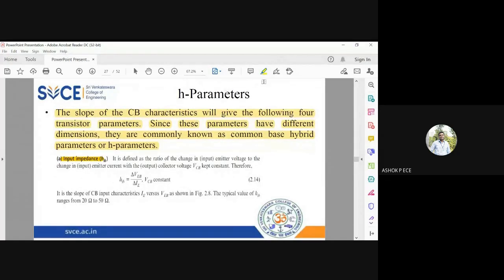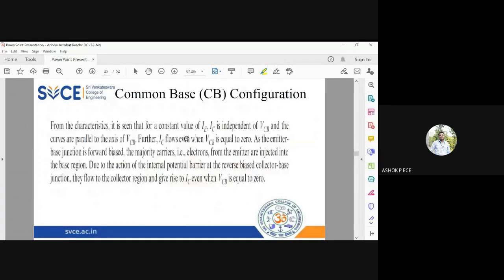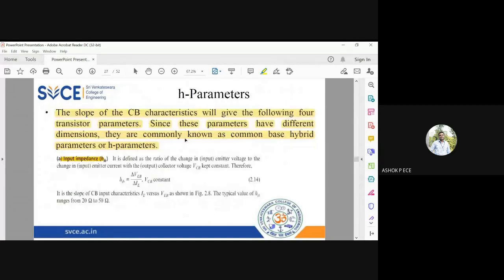And remember, transistor is a current controlled device. The collector current will determine your other current. So transistor is a current controlled device. Everything depends on current. Voltage measure, transistor, everything is current. That's why we have 3 currents: emitter current, base current, and collector current. Input impedance. So see the diagram.